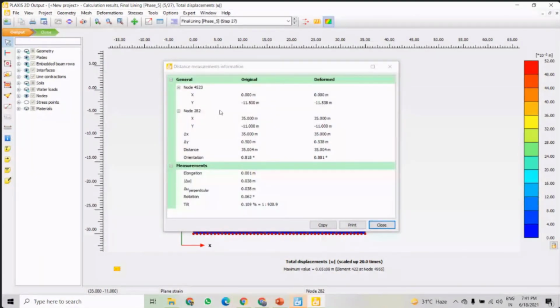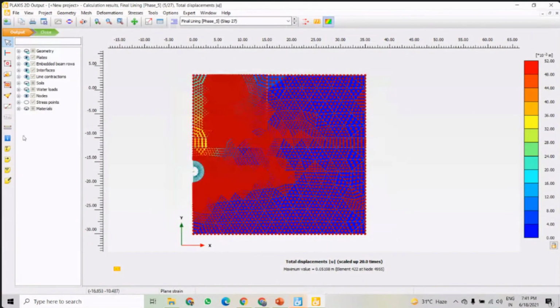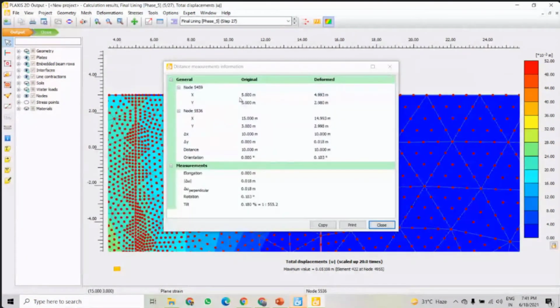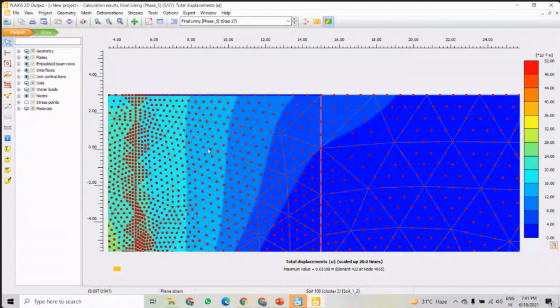It is showing the distance. In the y-axis this is minus 11.5, and for x it is exactly not showing, but if I select any plate here to here, now this is showing y is 3 and x is 5 meters. So you can do this one also.